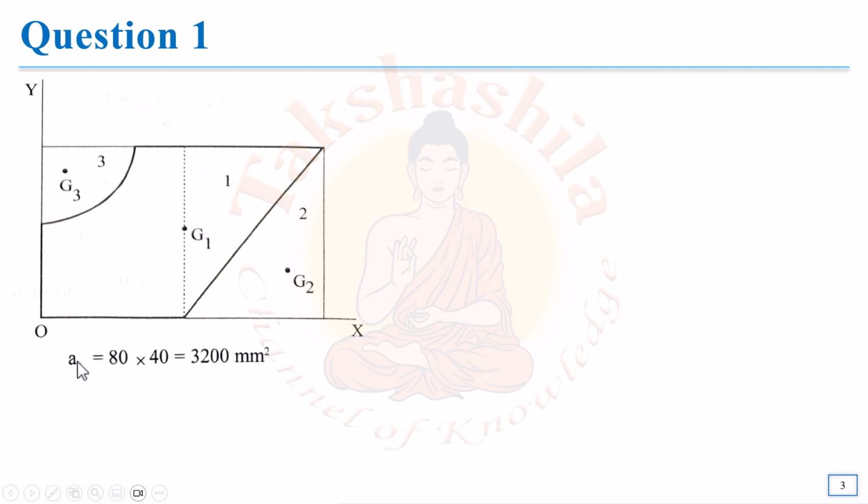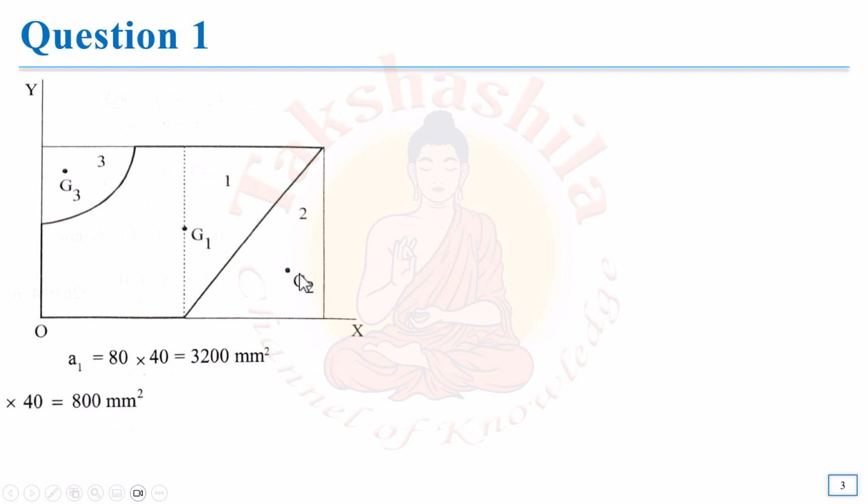So as the first step, I am calculating the area of the rectangle, which is given by the base. If you remember, the dimension from this point to this point was 40. Again, we have the base of the triangle as 40. The height was also 40 units. So in total, the length is 80 and the height is 40. So I am getting an area of 3200 millimeters square.